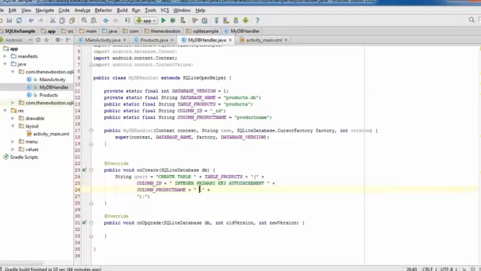Now for the product name, this is a little bit easier. The only thing we're going to write in here is text. Since we're going to be storing a word like ham, tuna,